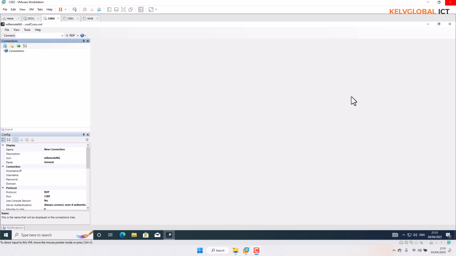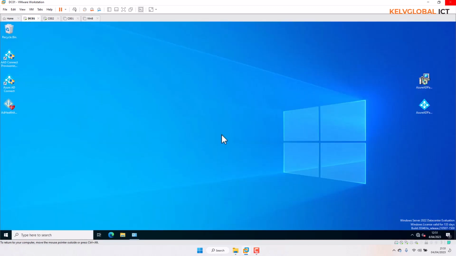In this video, I'll be showing you how to use mRemoteNG to connect to a remote computer. For example, let's say you want to connect to a Windows server or to a remote device. So I have a Windows server here, and I would like to connect to the server using the